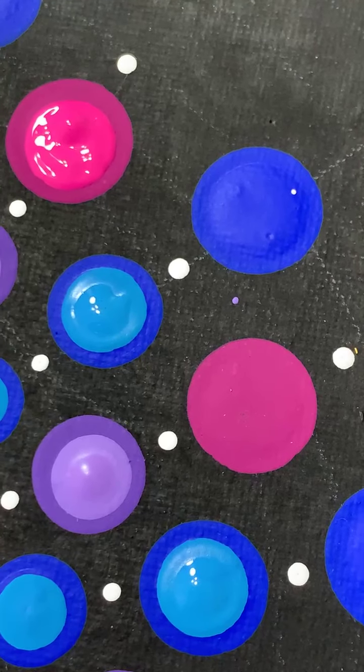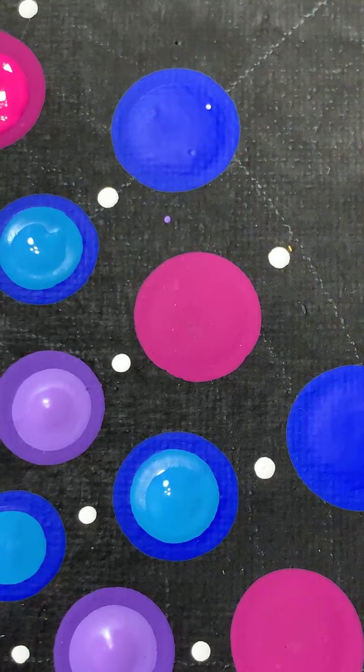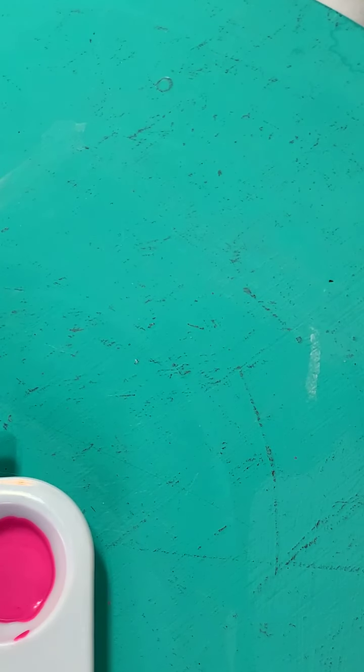Okay. And like even that, it's not centering really well. It's a little bit goopy. So I'm going to move this aside and I'm going to mix some more of the pink paints. So thankfully I still have some